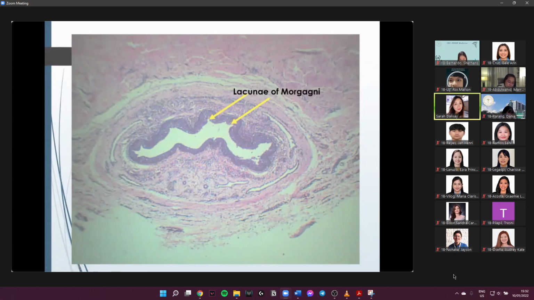Now, if this is already the penile urethra, most likely the lining epithelium is pseudostratified to stratified columnar epithelium. It is no longer transitional. Transitional epithelium in the urethra of the male is only found on the upper portion, which is what we call your prostatic urethra. The lining epithelium type differs depending upon the level of the urethra we're talking of.